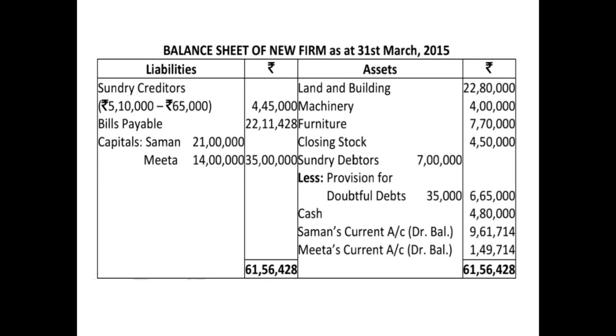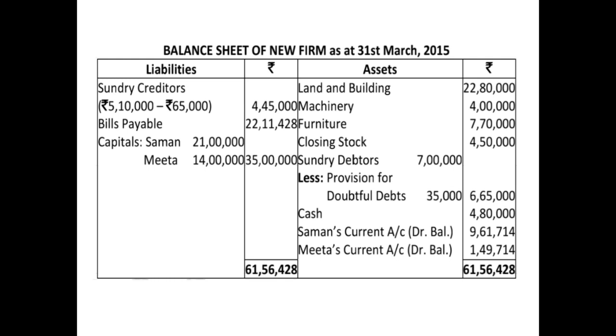Then since there was a deficit, the existing capital of the remaining partners was less than the required capital, so therefore the deficit was transferred to their current account, which is shown on the asset side. Saman's current account debit balance 9,61,714 and Meeta's current account debit balance 1,49,714. On the liabilities side, we have shown the revalued value of creditors 4,45,000,